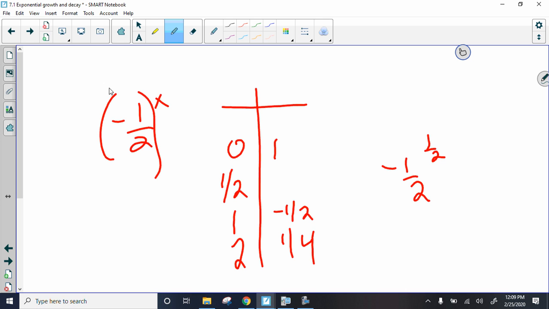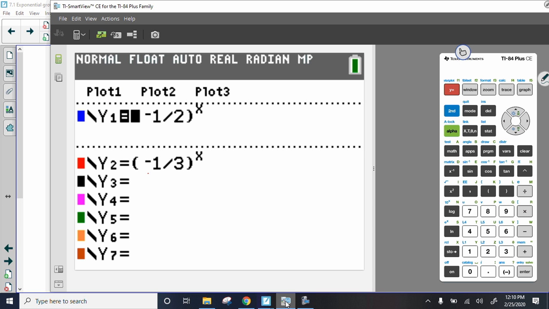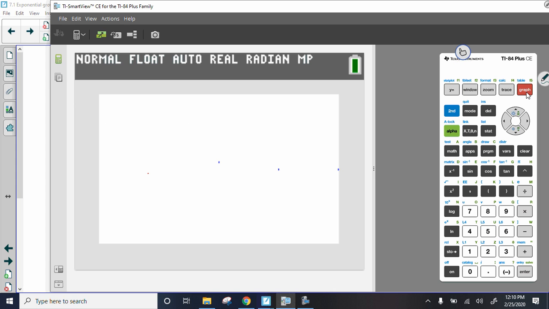Square root of negative 1/2. What is wrong with that? Can't have a negative under the radical. It is going to be an i answer. Right? So the reason why it is just a set of points,